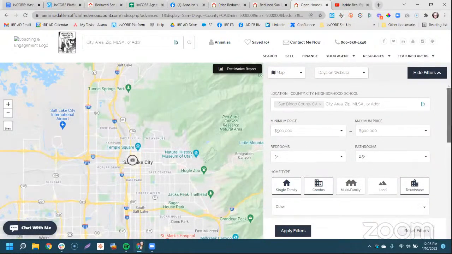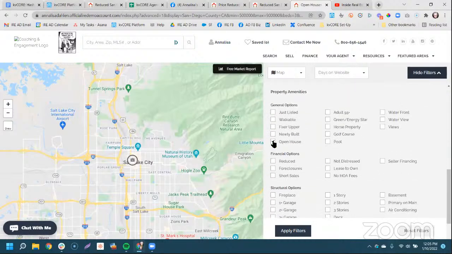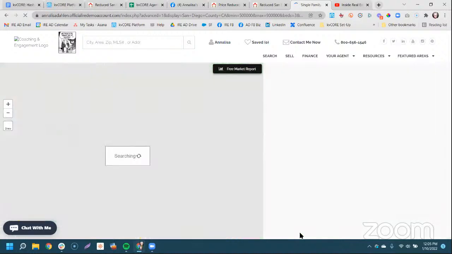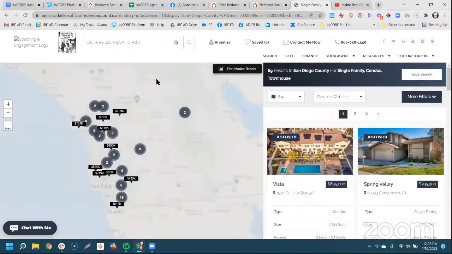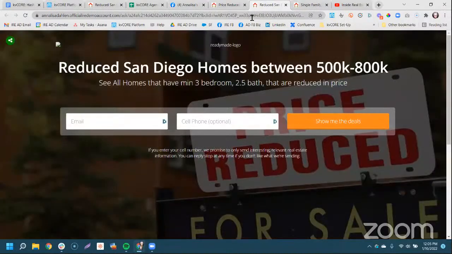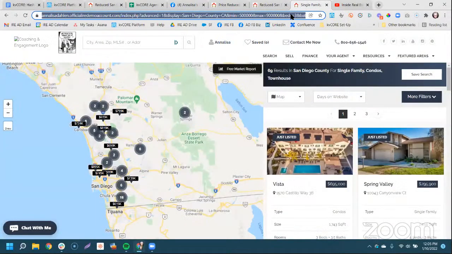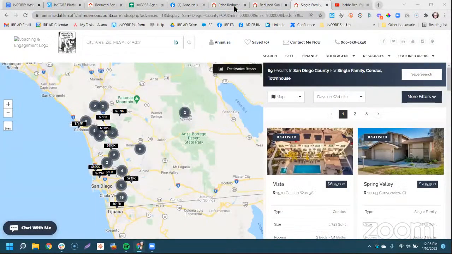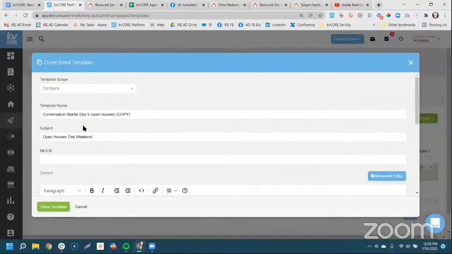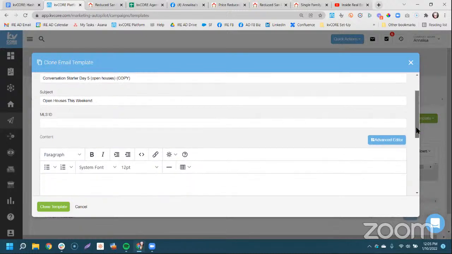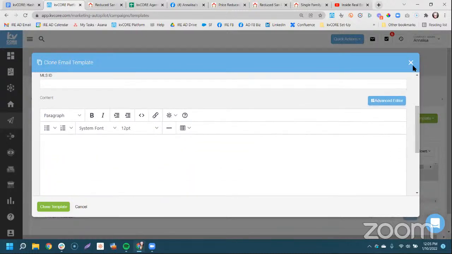So maybe in this case, we say, all right, actually, I want to send a list of pool homes. So then this would be your link. You could just go up in your browser, grab that link, copy it, and go back into this template. And this is where we could say, oh, darn it, it didn't call it.